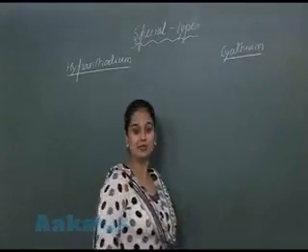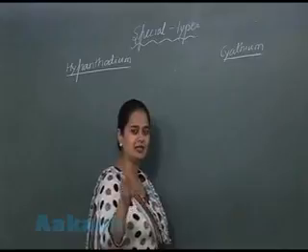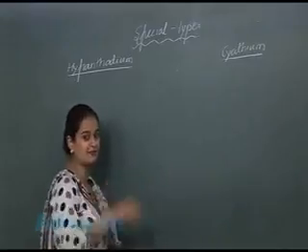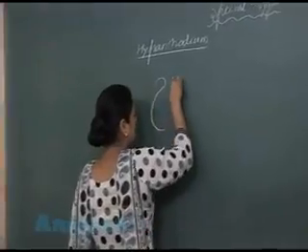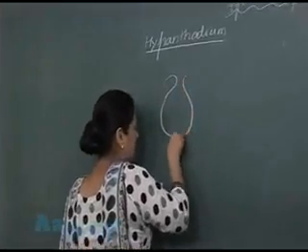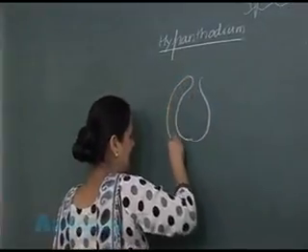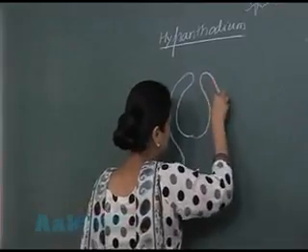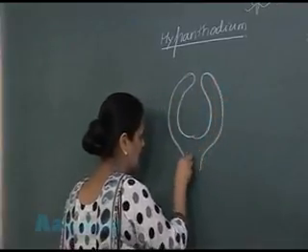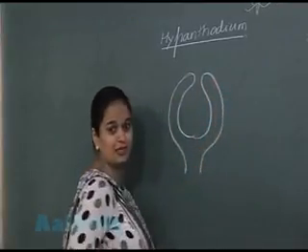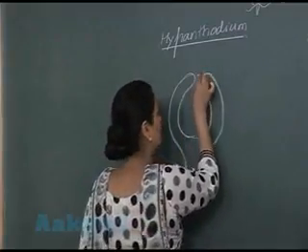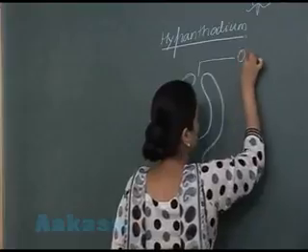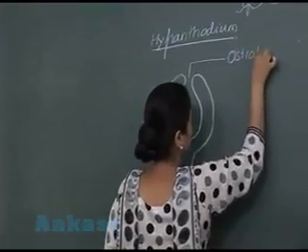In the Hypanthodium inflorescence, the receptacle is flask shaped. It is fleshy like this. So you can see here the flask-shaped receptacle, and it is fleshy in the case of the Hypanthodium inflorescence. On the upper side you can see there is an opening present. This opening is the ostiole.